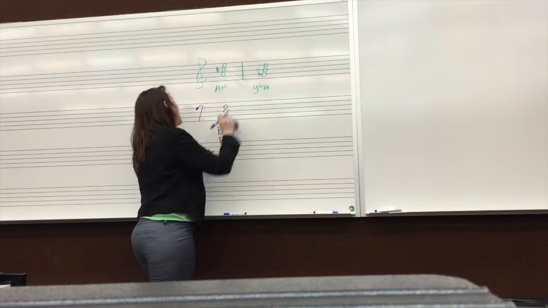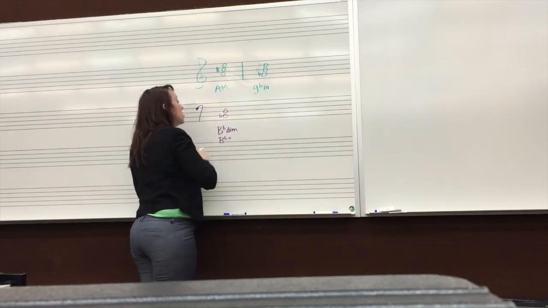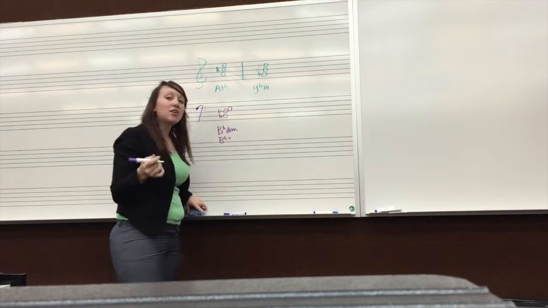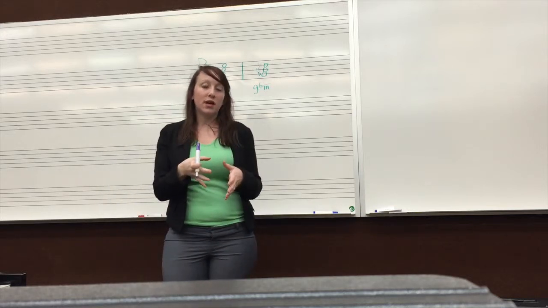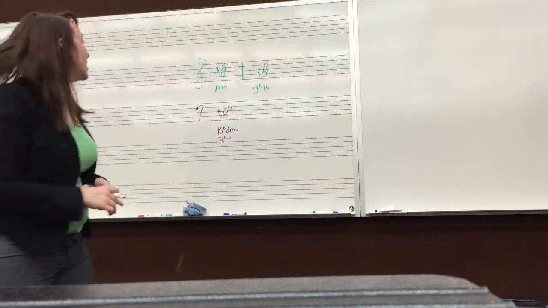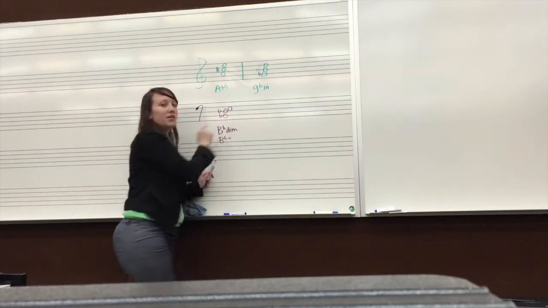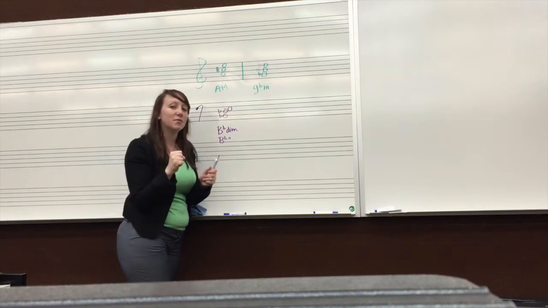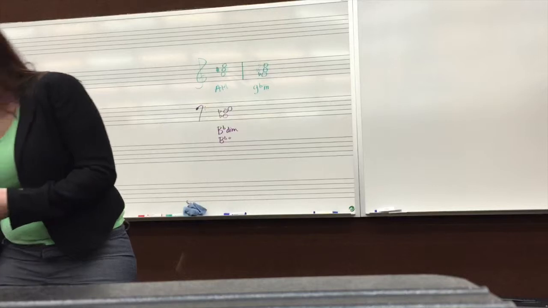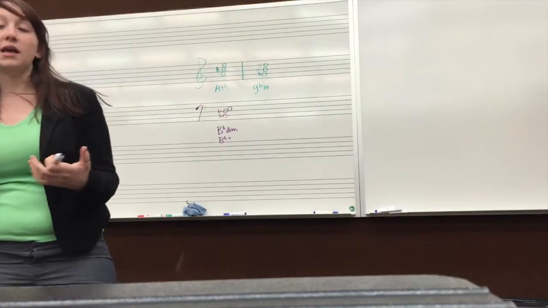Because if you were to write the E, it is a D flat. If you were to write an E here, harmonically it's the same note as an F flat, which is what you would need in this triad. But if you write an E, this doesn't look like one of those nice root position triads that we've been talking about, does it? And at the same time, if I play a B flat, a D flat, and an E,